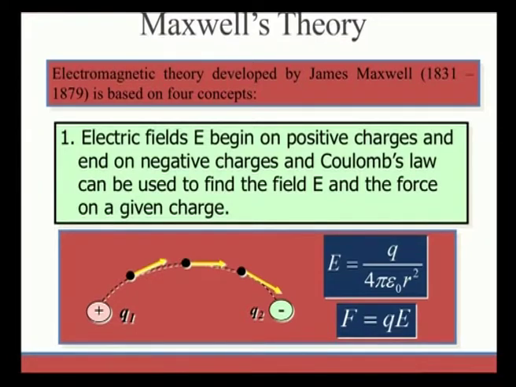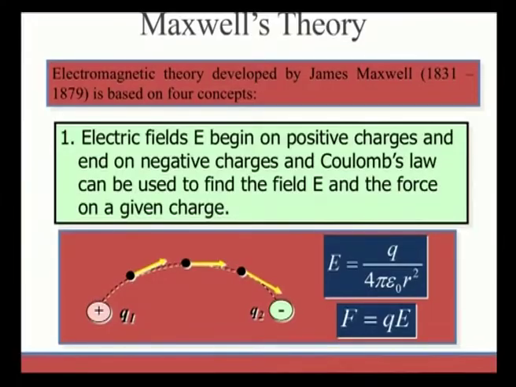Maxwell's equations. So, the very first thing is that this theory was developed by James Maxwell, and it is always based on these 4 concepts. The first is the electric field. Consider a positive and a negative charge placed apart at a distance r. From the basic concept of the electric field, the field from a positive charge will be away from it, and for a negative charge, the field will be towards it. So, this is the basic concept of charge and electric field.